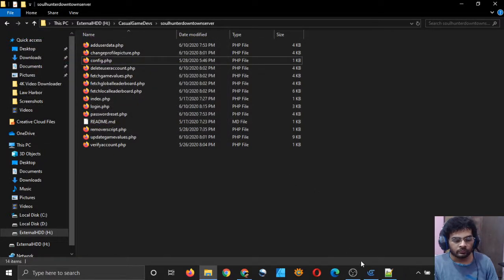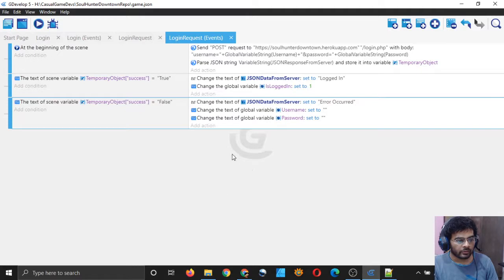So now let me go to JSON, and now that we are sending the profile picture variable also, in case we are able to successfully log in, we will add the value of that variable which we received from the server inside our global variable profile picture.